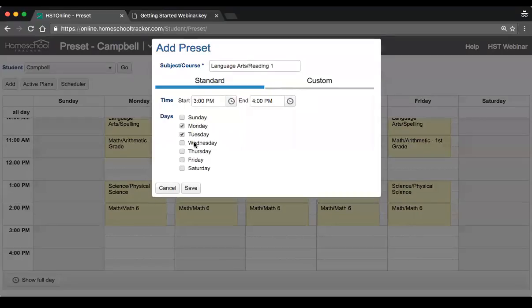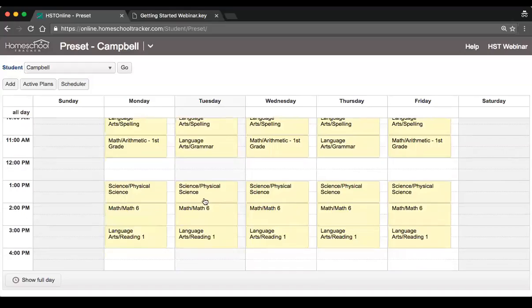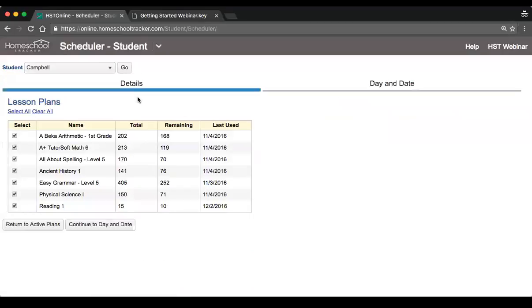Monday, Tuesday, Wednesday, Thursday, Friday. And I'll save that. So now I have a new preset here. Now if I go to the scheduler, what I can do when I schedule these things is, rather than say I want things to happen on Monday, Tuesday, Wednesday, Thursday, Friday, I can just select the option for preset. And what the scheduler will do is it'll assign, or it'll schedule those items for those preset times